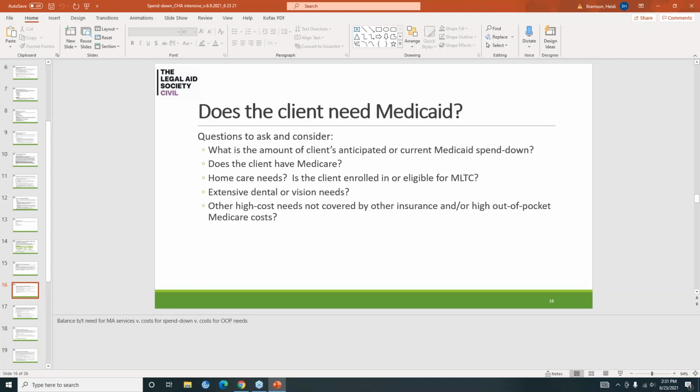Are they already enrolled in managed long-term care or eligible for it? Do they have extensive dental or vision needs? And do they have any other high-cost needs that are not covered by other insurance or by Medicare? The consumer may have high out-of-pocket Medicare costs. Those are some of the things to keep in mind when making this analysis.